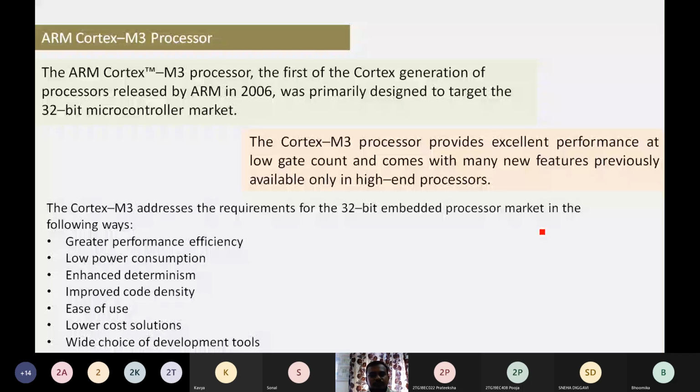The first application we are going to find is a low cost microcontroller and a wide choice of development tools. The development tools we discussed in the previous module are all supported by this ARM Cortex M3 processor.